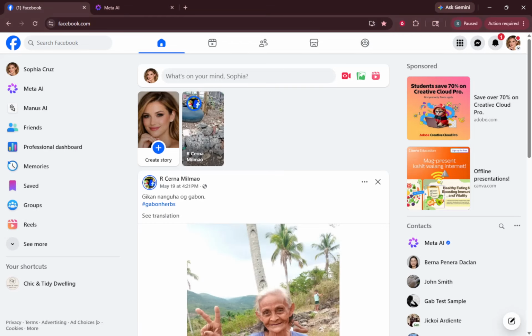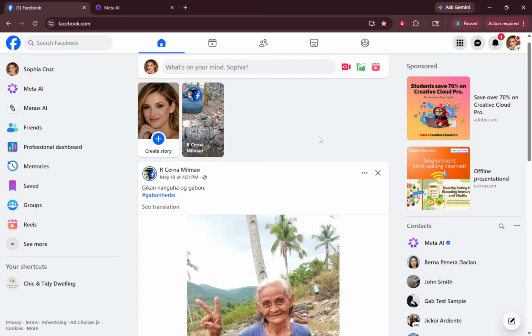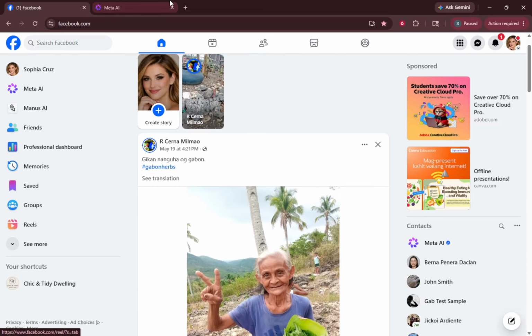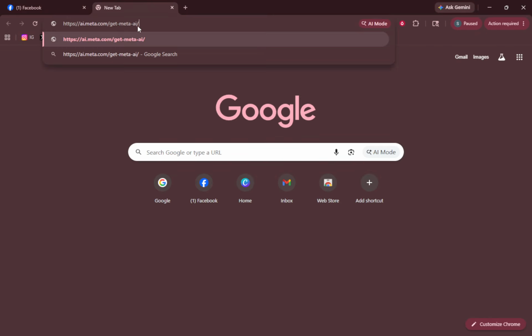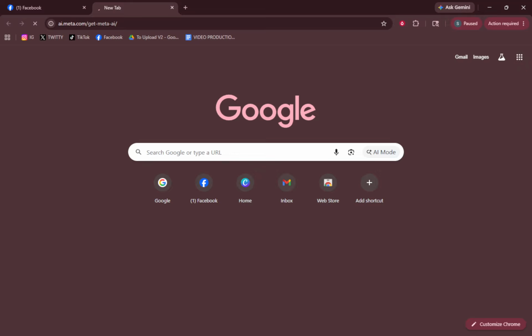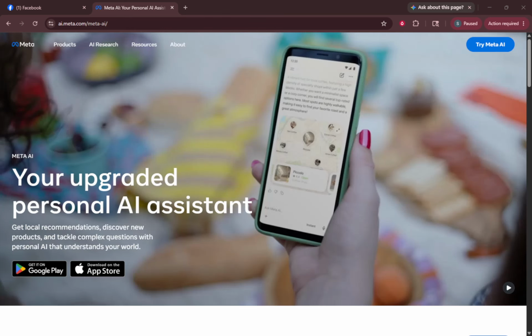On your computer or phone, open your browser and go to the official Meta AI page at ai.meta.com/getmetaai. It's important to use the official site to avoid any lookalikes or phishing pages, so double-check the address before proceeding. On that page, click Try Meta AI. This takes you to a screen where you'll choose to log in, select Login, and then pick the account you want to use. You'll see options like Facebook, Instagram, or Meta account login. Choose the one you already use most often.